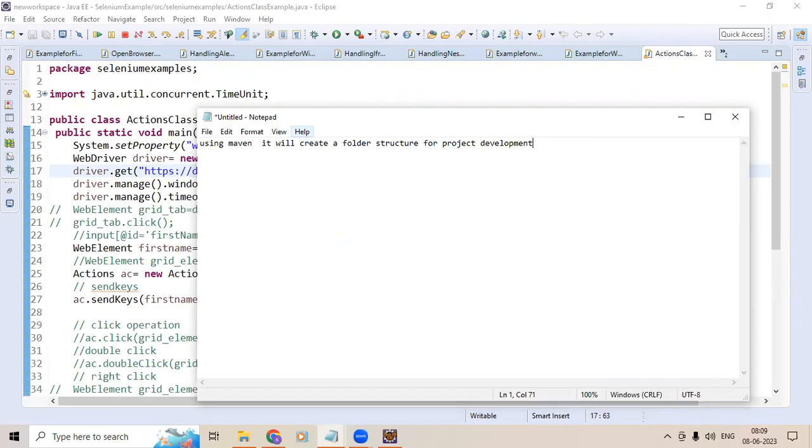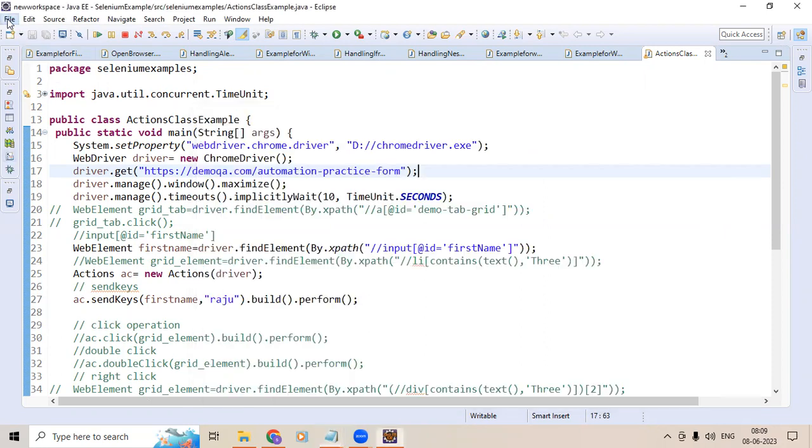There are different types of folder structures we have. Inside that, we are choosing a specific one in Maven. So what is Maven? Maven is a build tool. Using that, it is creating a folder structure for project development. Okay, so let's go to the file,